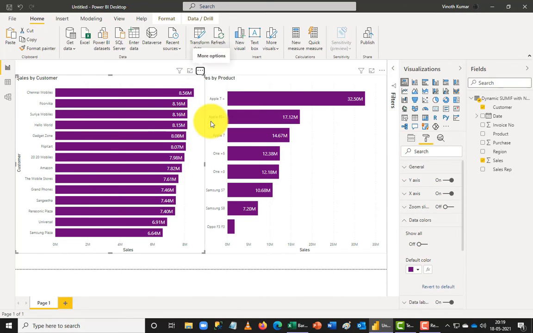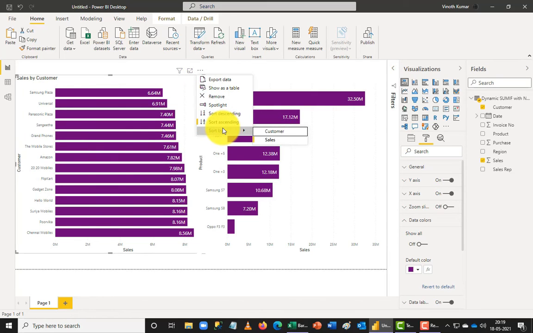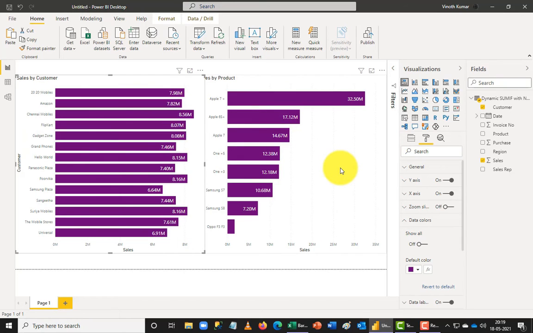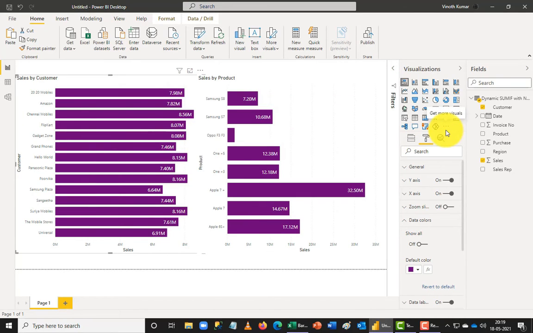So when I say descending order, the data is going to be the other way around, and I can even sort them. Now the sorting is happening based on the sale value. I can do it by the customers here, so that you can see that the sorting of data is coming in a different way. The same way I can do the sorting by the products here. So now we can see a chart a little differently.